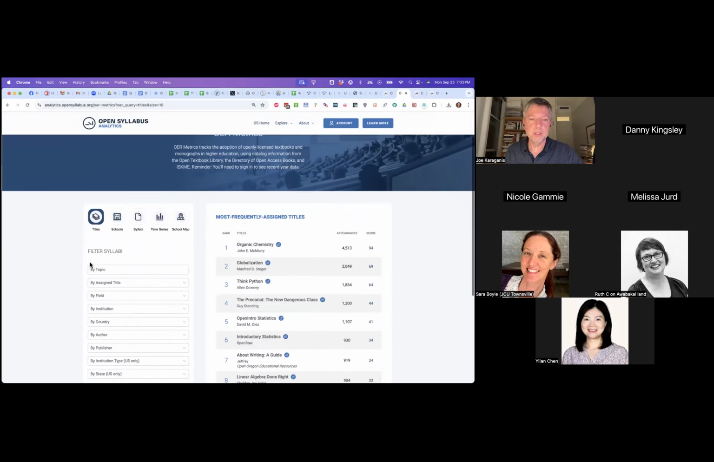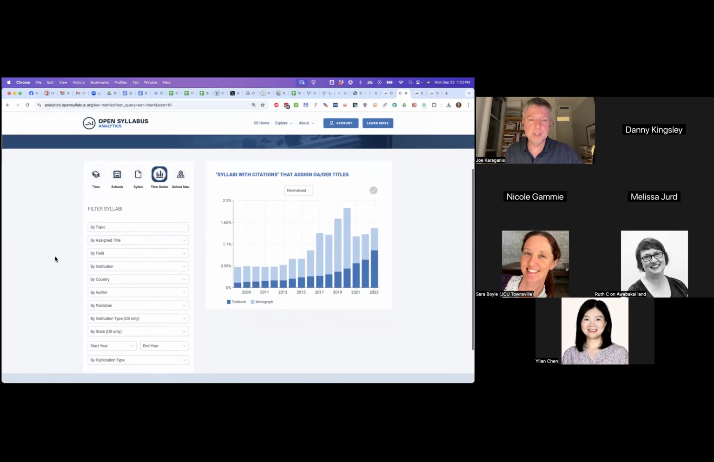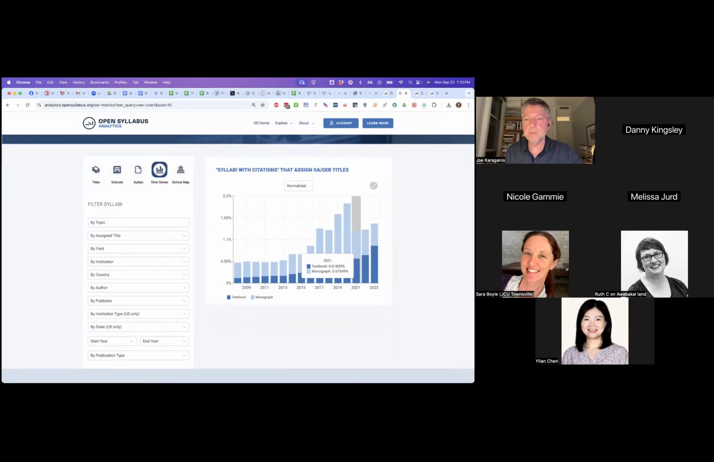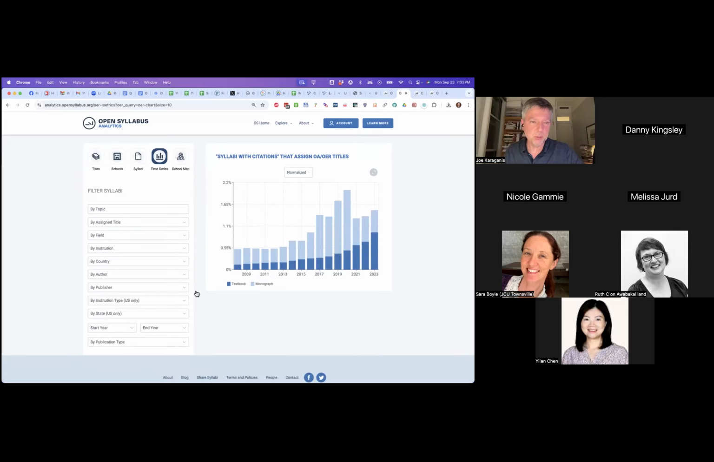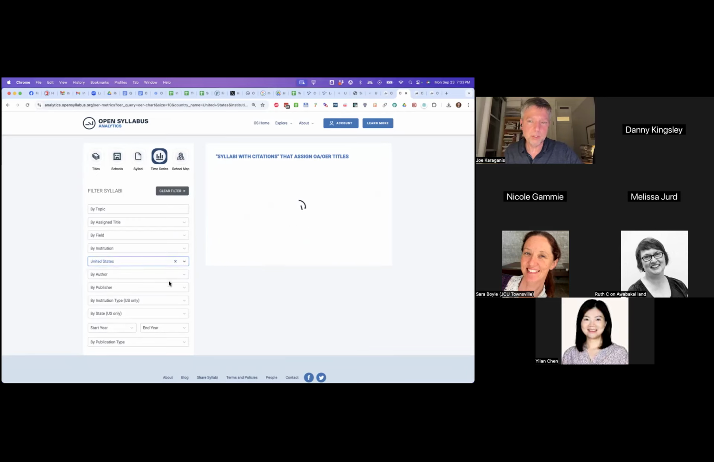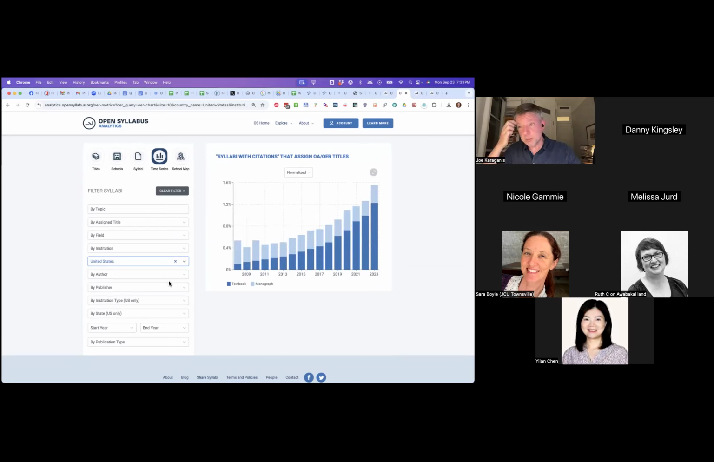so that if you want to look at time series data, the light blue is monographs. The dark blue represents textbooks. If you want to look at that by country, we can do it for the U.S. That's what the U.S. open adoption curve looks like across the last